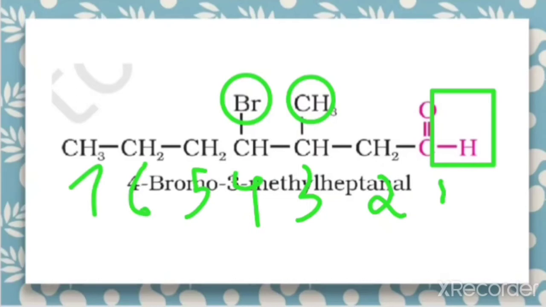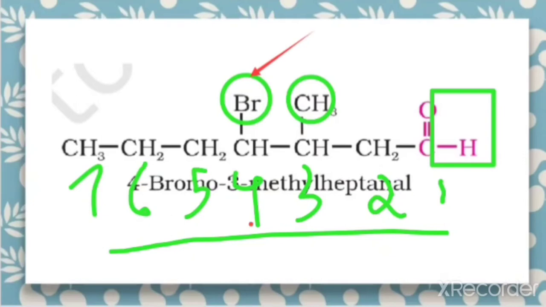So what will be the word root here? The word root will be hept. Hept is the word root. Now what about the substituents here? Which substituents are there? There is one bromo, that is on the 4th carbon, and there is one methyl, that is on the 3rd carbon, but alphabetically ordered, bromo and methyl, which one should come first? Alphabetically B comes first. Therefore first we have to name bromo, that is on the 4th position. Therefore it is named as 4-bromo, and the methyl group is on the 3rd carbon,